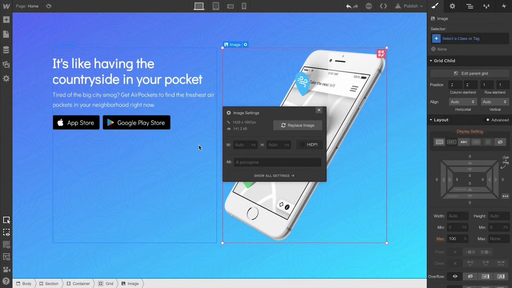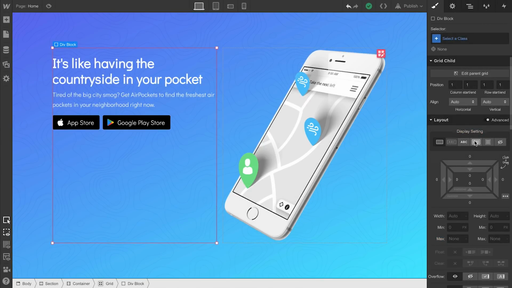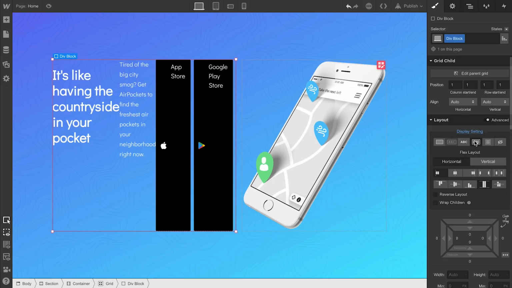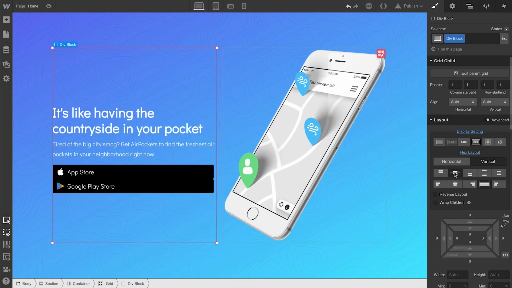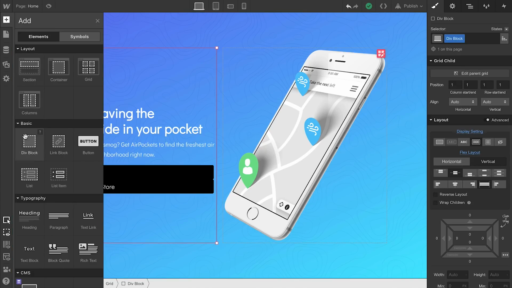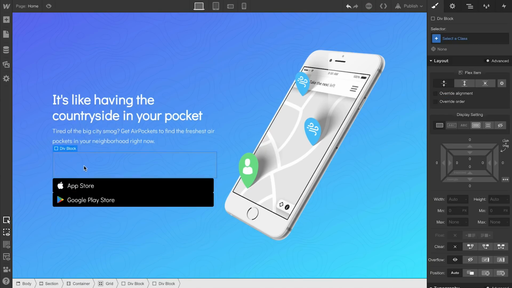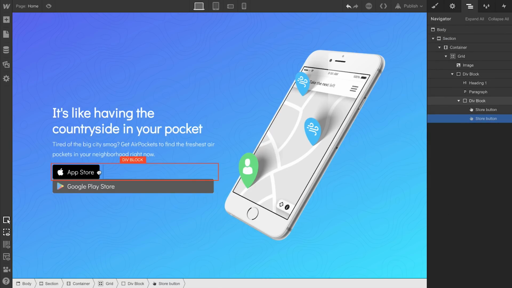We can do this with Flexbox too. With our div block selected, we can switch to flex, and it looks hideous until we switch to vertical. Then all we have to do is justify to the center. We can use a div block again here as a wrapper for our buttons. Just drag the div block above the buttons, drag the buttons into the div block, and now we've achieved the